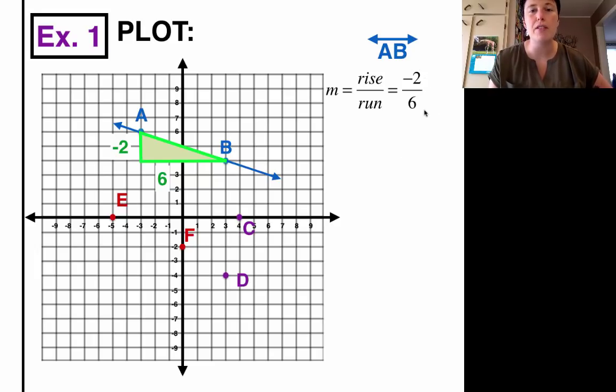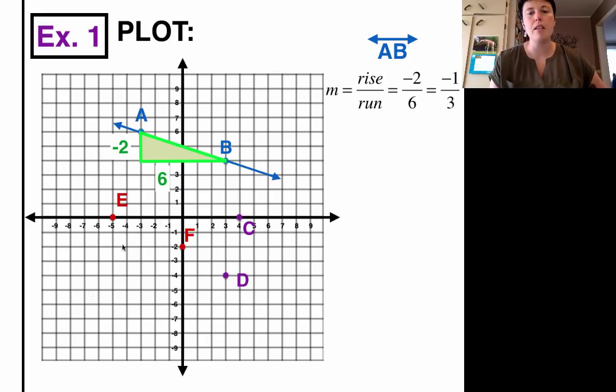So let's simplify this fraction down. We can divide it by 2. If I divide by 2, 2 divided by 2 is 1, and 6 divided by 2 is 3. So I can reduce this down to -1/3. That's the slope of my line. That's my growth number, -1/3. So I'm going to save that off to the side, and I'm going to start working on a